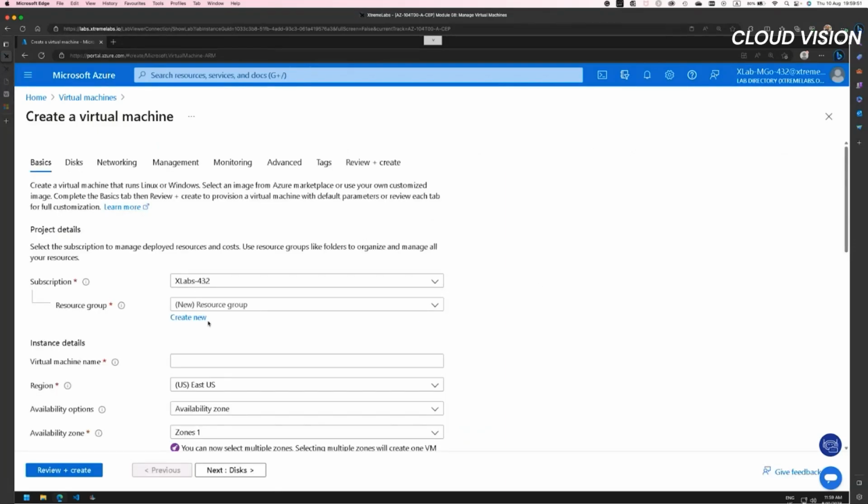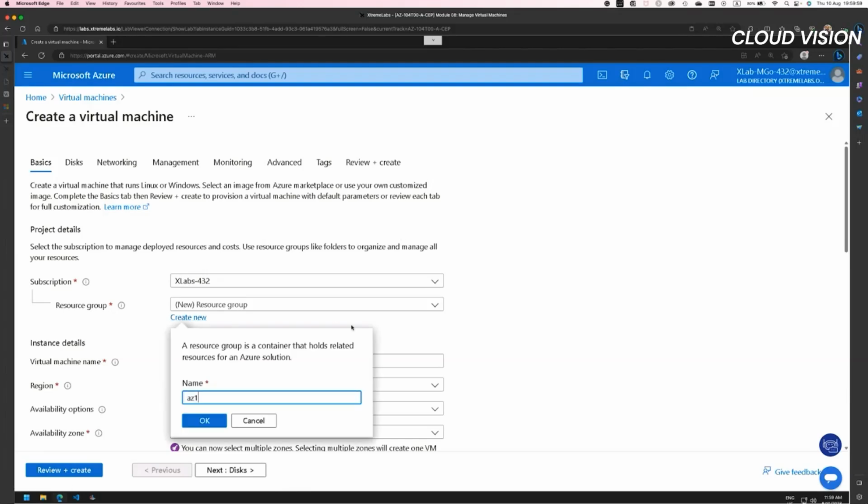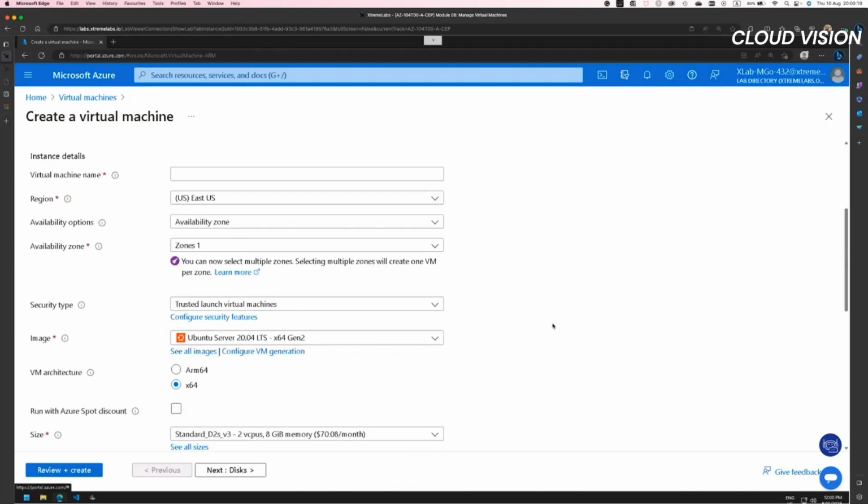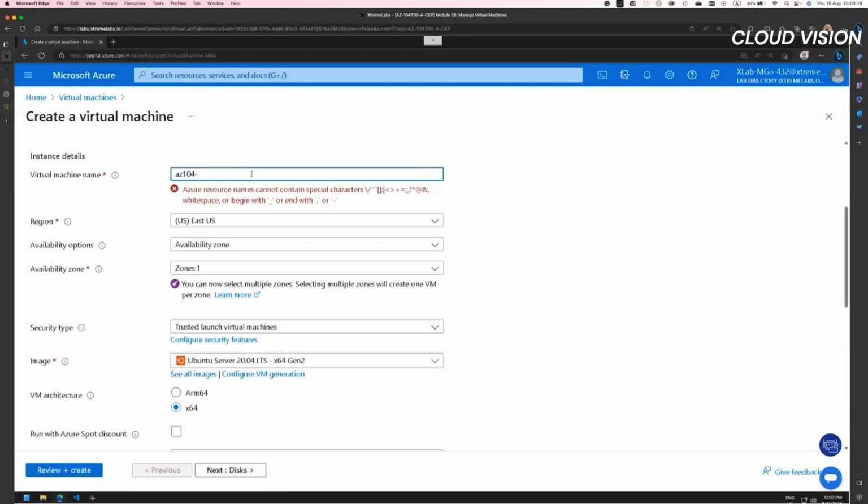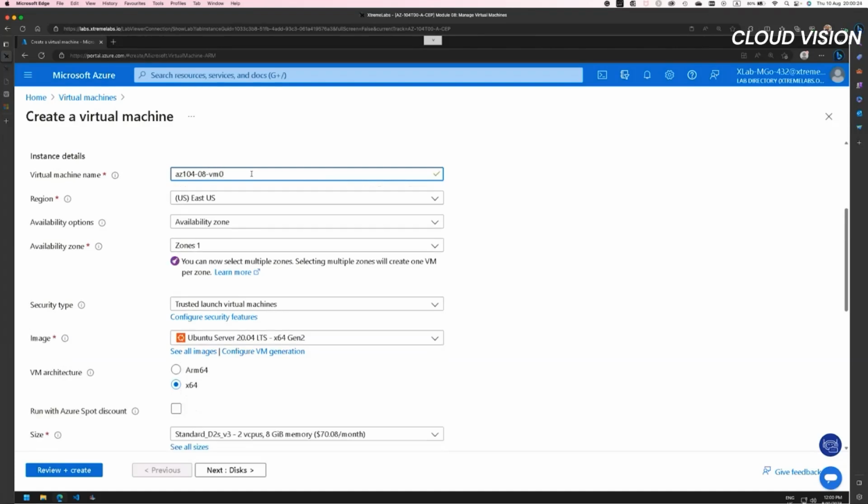basic information like subscription. If you don't have any resource group, we then need to create a new one. So I'm going to pass the name as E104. Okay. And I will give a virtual machine name. Okay. My region is East US, so I'm going to leave the East US as is,